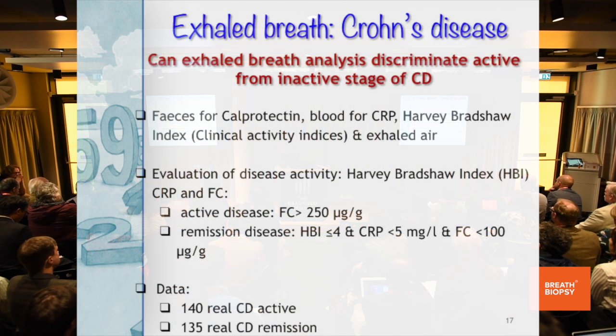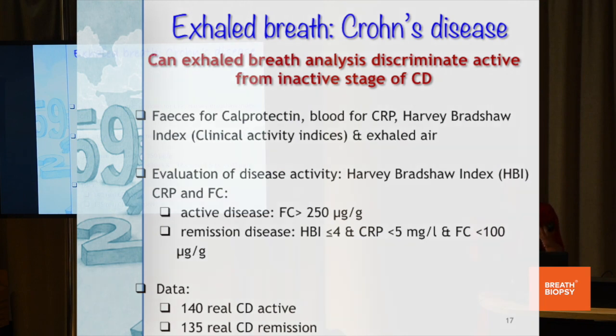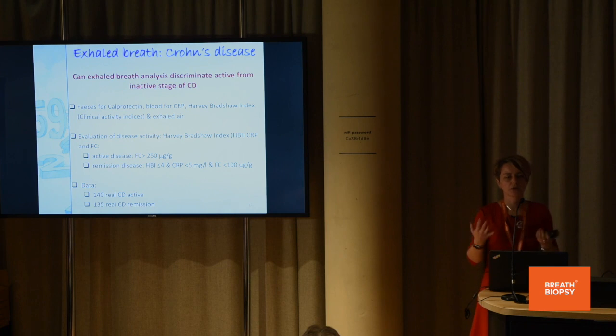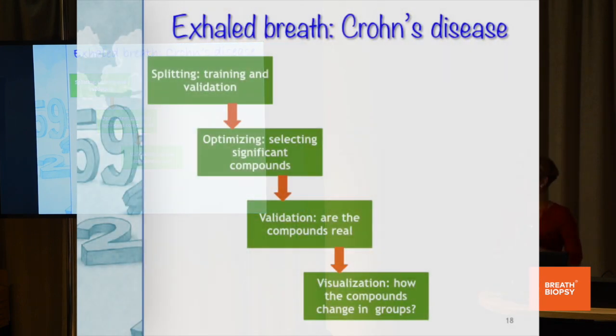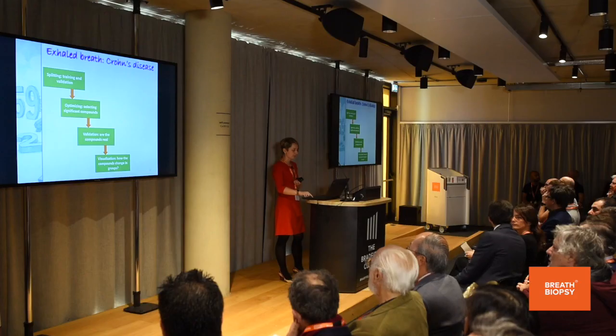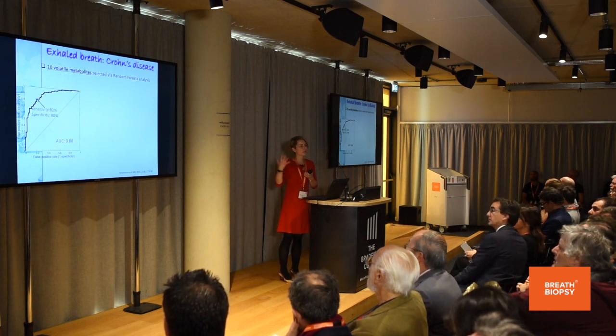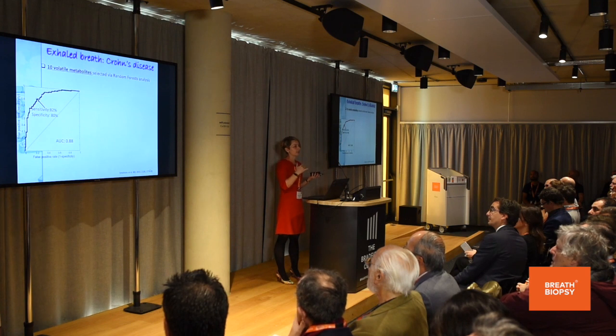So what we did then, we used those three parameters to define if a patient was really in active stage and in remission. So we had more or less 135 individuals. And then we said, okay, can we use exhaled breath to discriminate? So, fast reminder, we follow the same procedure: training, finding the compounds, validating, and then seeing how the compounds change or visualizing some groupings. So we found 10 compounds, and if I show you how those compounds predict disease activity,